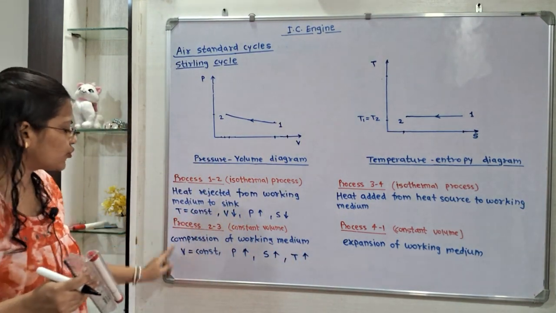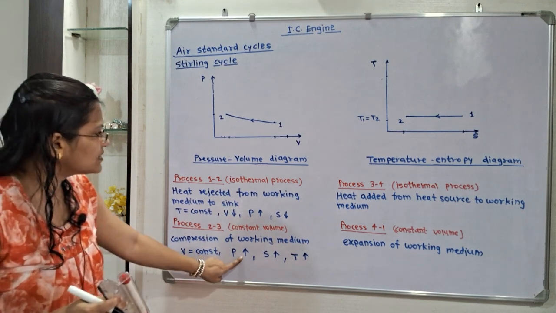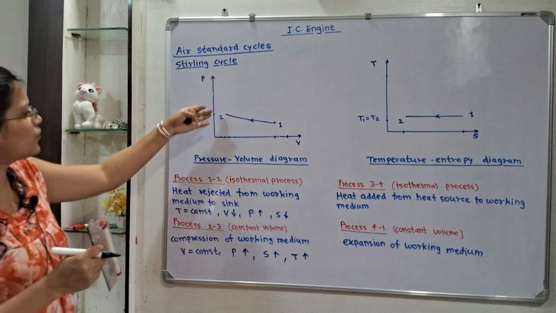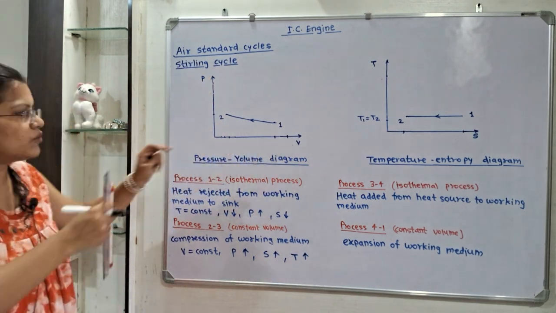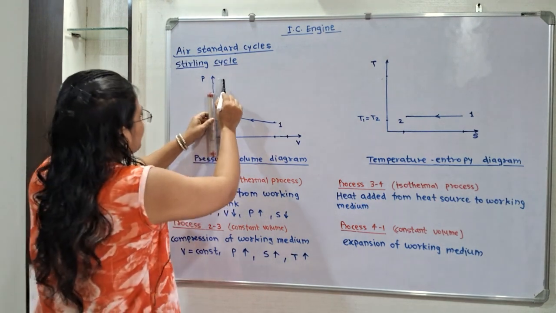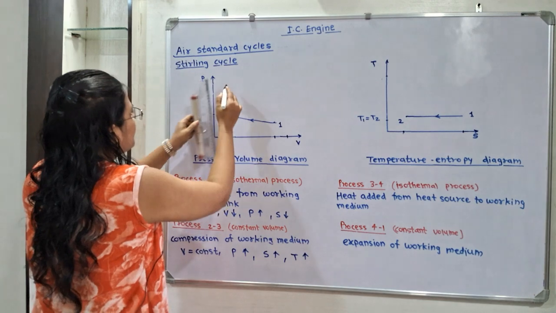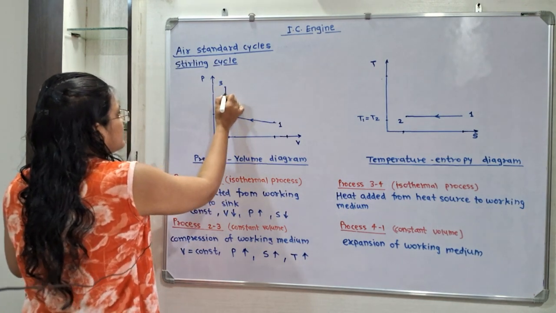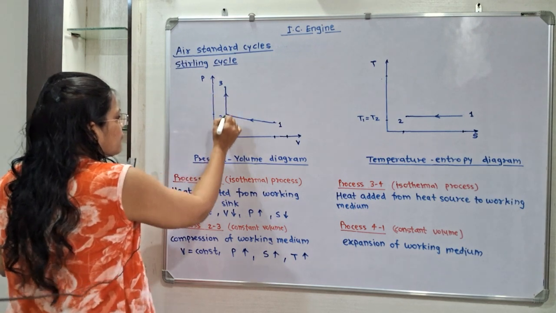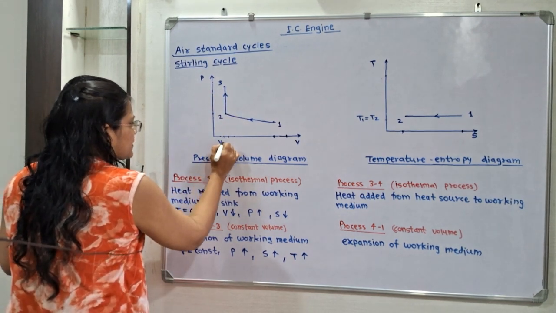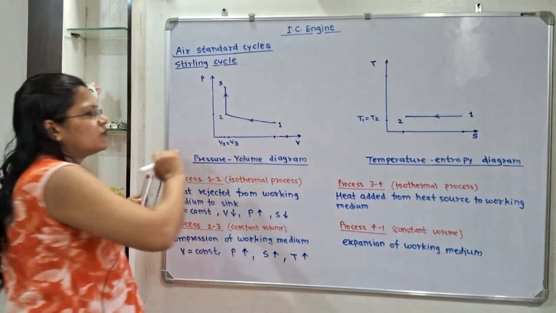Now, we have to show this. So, volume remains constant and pressure increases. So, we have to show here a straight vertical line because this volume will remain constant, and we have to show the increase in the pressure. So, here is the point 3. So, this is the pressure P3 and we have to show V2 is equal to V3 because the volume is